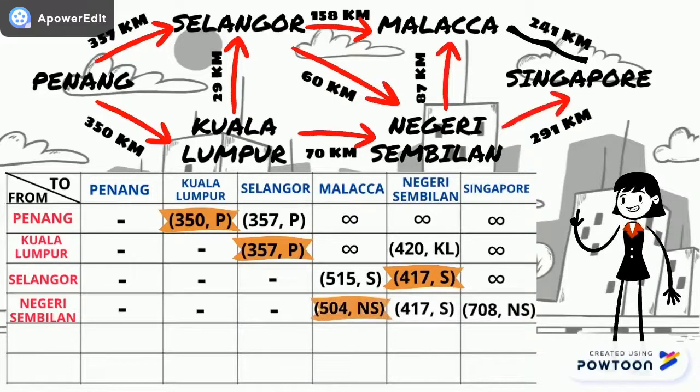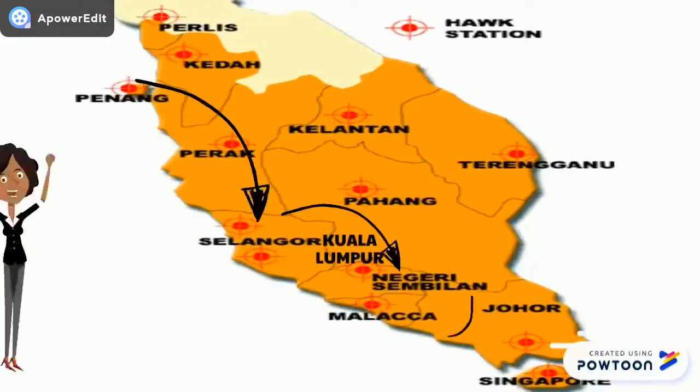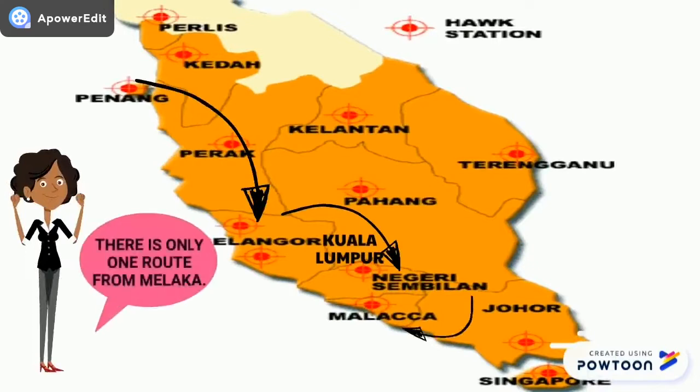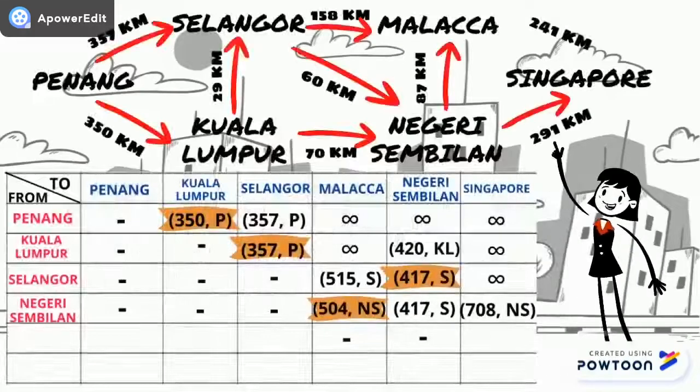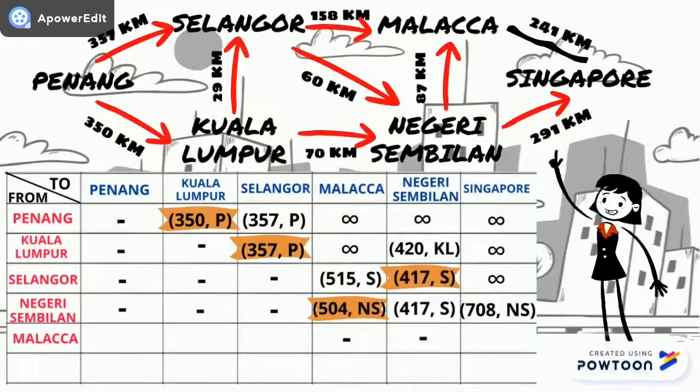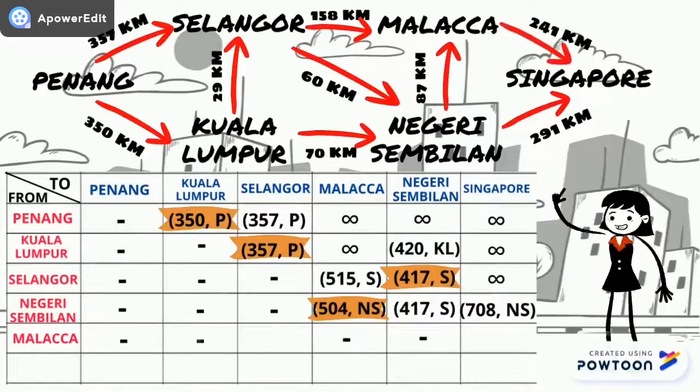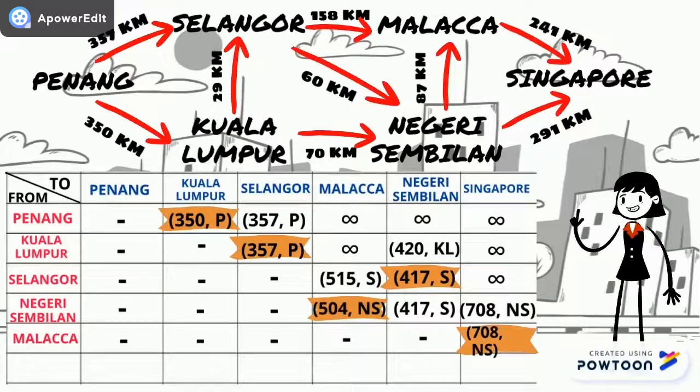We fix Malacca as our next current vertex. From Malacca, we can see that there is only one adjacent vertex, which is Singapore. When we add 504, current distance of Malacca, and 241, the distance is 745 km, which is longer than the previous distance of Singapore. So, we fix with the previous distance to Singapore, 708, and it will be our next current vertex. Finally, as we have reached our final destination, we can trace back the shortest distance from Penang to